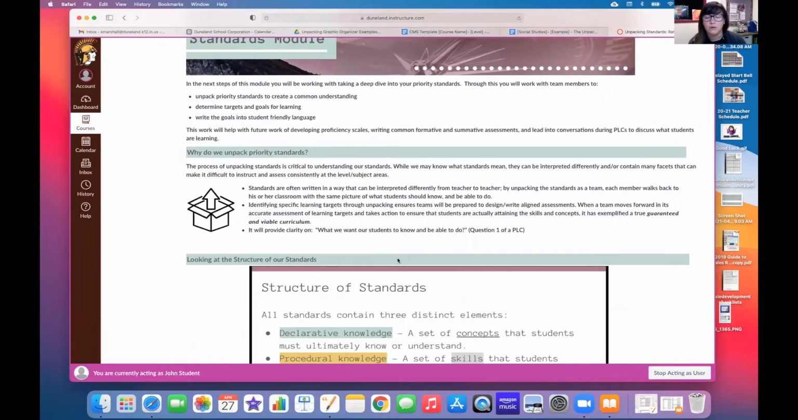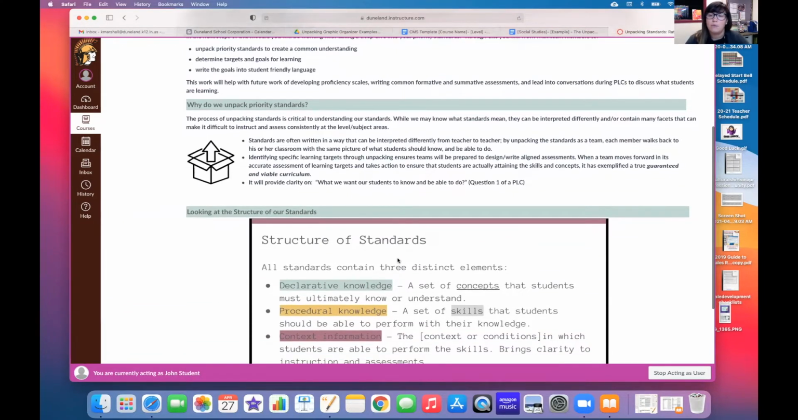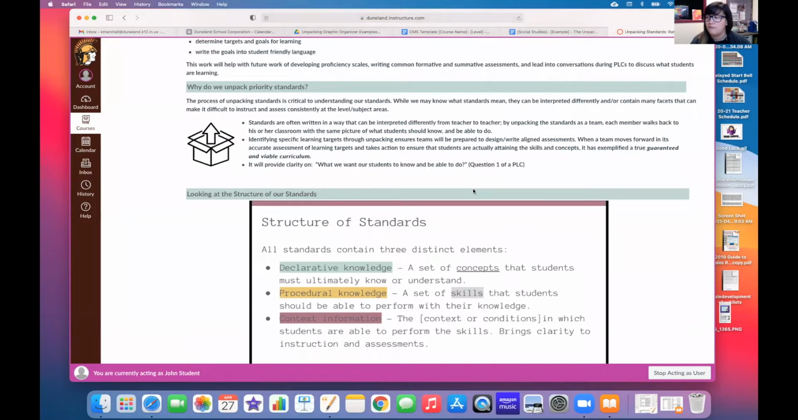This process is so critical to doing it as a team. We might know what a standard means, but each of us might interpret it differently. Or we might focus on one target of a standard versus another target of a standard. So when we unpack them as a team, each person in the team is going to walk back to the classroom with the same picture of what you want students to know. By identifying those specific learning targets through unpacking, we will be prepared to write those aligned assessments. And this is also what sets up our true, guaranteed, and viable curriculum. It's also going to answer that first question of the PLC: